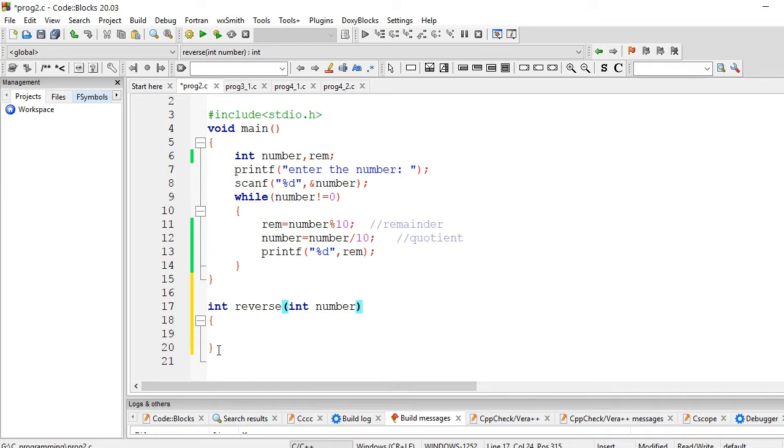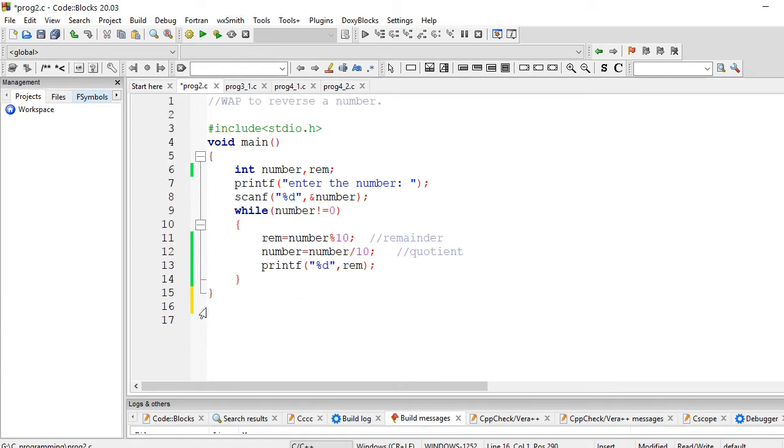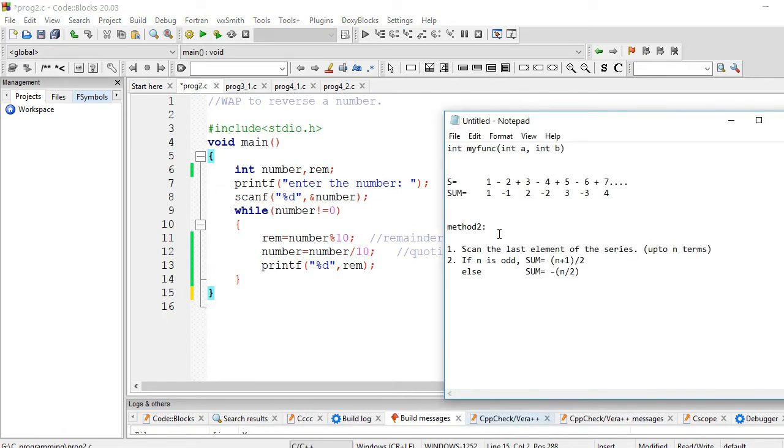So what a function is doing is making our task simplistic and easy to understand for the people who did not see the code before. So what is the method of function declaration?